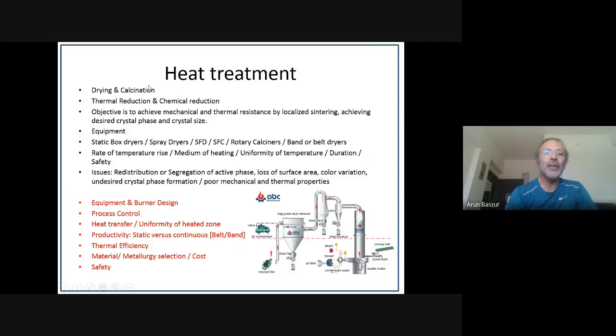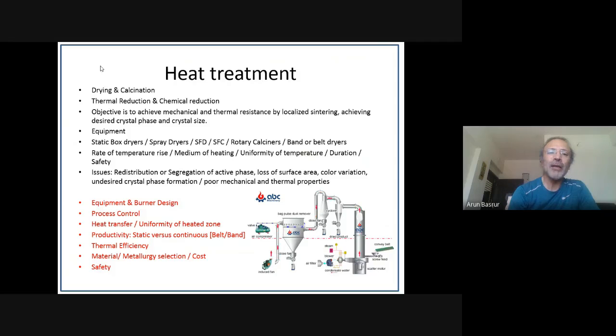One more kind of heat treatment is thermal reduction. When supported metal catalysts are used, the metal is in reduced form. So this can be done by thermal reduction in the presence of hydrogen. This is another kind of heat treatment in which a catalyst manufacturer converts a metal oxide catalyst into an active form, that is a reduced metal catalyst, passivates it, and then supplies it to the end user. So the end user can straight away get started with the reaction and save a lot of time.